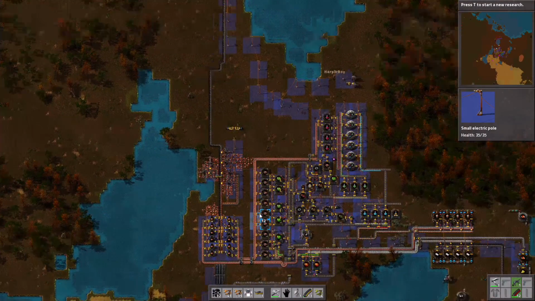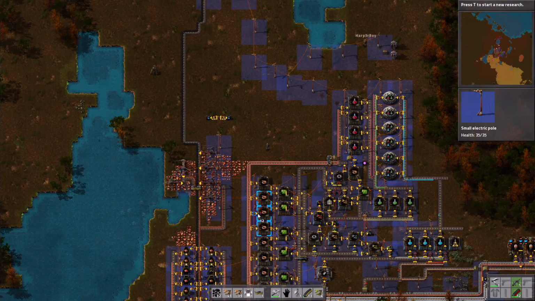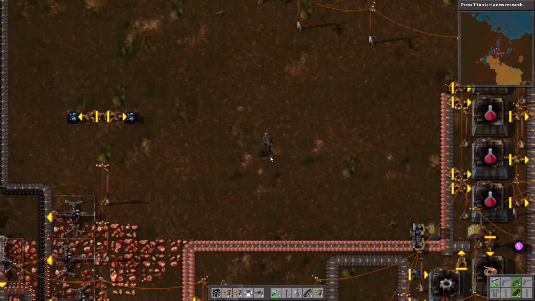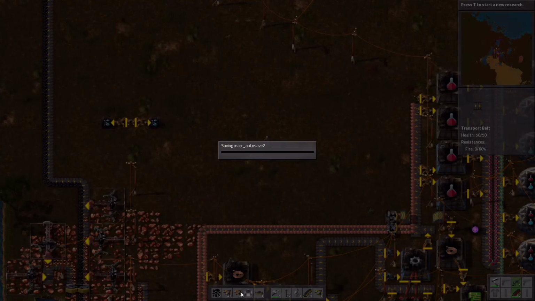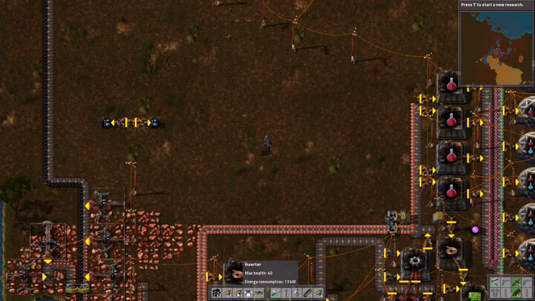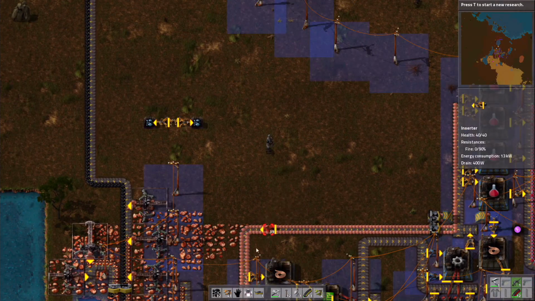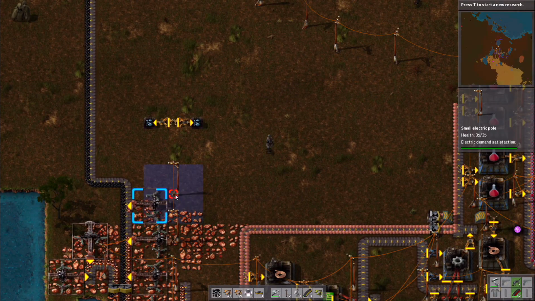Because inserters store energy, don't they? Even if they're not being used. I think their drain is very minimal, like 4 kilowatts. Ah, okay. Their regular energy consumption is like 13 kilowatts, and they use...